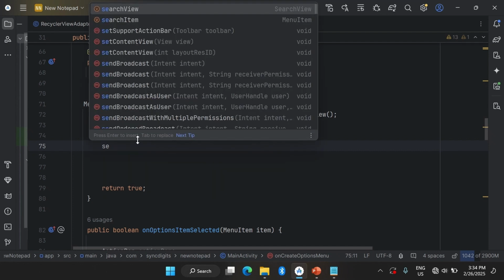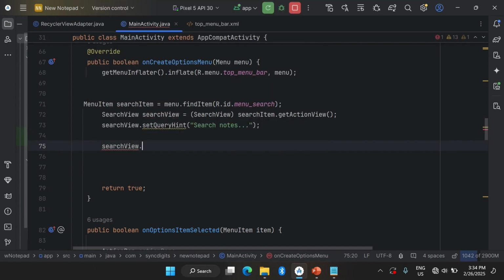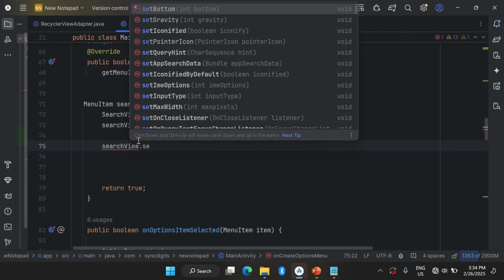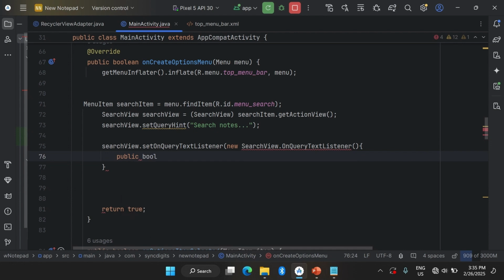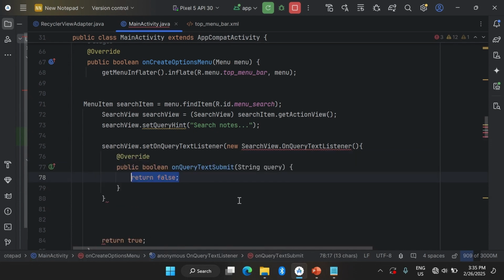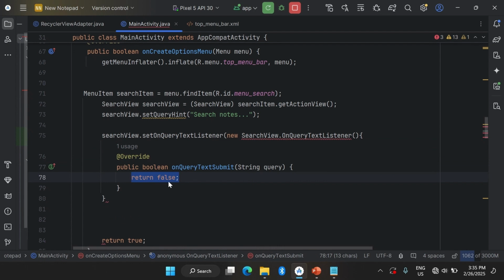So now say searchView.setOnQueryTextListener. As you type something into the environment, then that onQueryTextSubmit, so we return true. That will return true here. Then